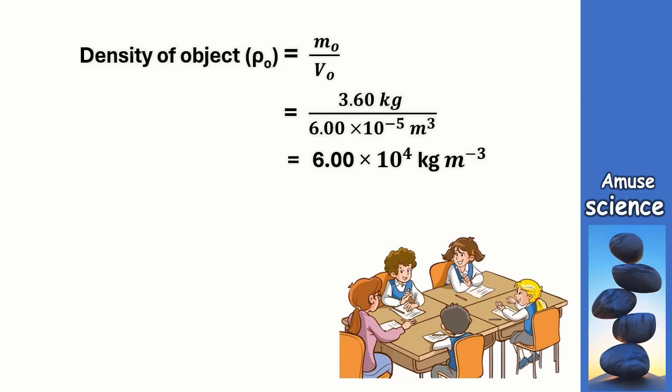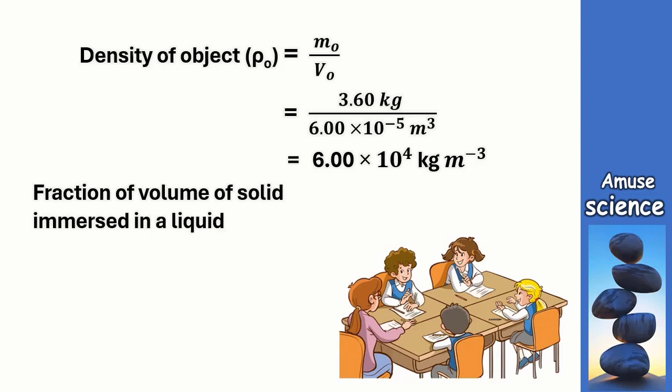So we can come back to the equation that we wrote first. That is, the fraction of the volume of the object immersed in the liquid is equal to the density of the object divided by the density of the liquid. In this case, the fraction of the volume of the solid immersed in the liquid is equal to the density of the object, rho O, divided by the density of the liquid, rho L. So now let's do substitution. We are going to get 4/5 for the fraction of the volume of the solid immersed in the liquid, being equal to